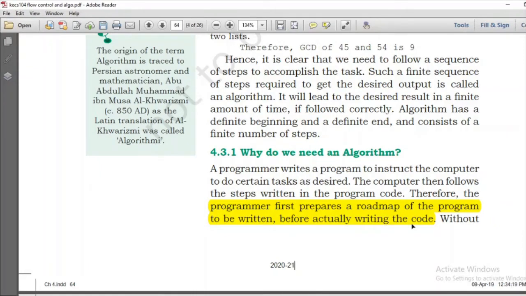कोड लिखने में बहुत एफर्ट लगते हैं, टाइम लगता है, रिसोर्सेज लगते हैं, मनी लगता है, और बहुत सारी आपकी मेंटल एबिलिटी लगती है. So you just can't sit on the computer and just start coding and then think. No, before coding you need to have a roadmap, a blueprint, होना चाहिए आपके पास पहले से कि आपको क्या क्या करना है उसके अंदर. Then only you can proceed for the coding, because coding अपने आप में बहुत टाइम कंज्यूमिंग काम है और आप सिर्फ थिंकिंग और कोडिंग एक साथ नहीं कर सकते. You have to have a blueprint कि आपको पहले से क्या सॉफ्टवेयर डिजाइन करना है, and then you write the